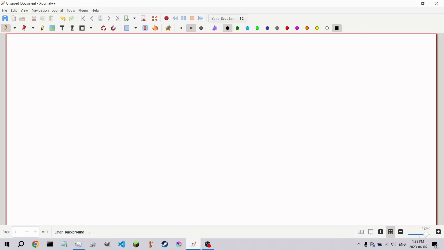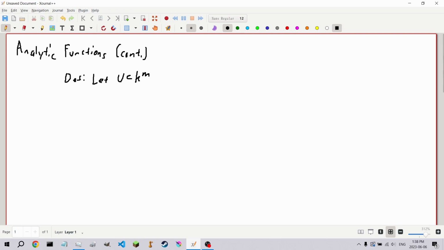Alright, so today we're continuing our discussion of analytic functions. And today we are going to be kind of generalizing this notion to vector-valued functions. And we're going to start off with a definition here, where we have an open set in our field, m-dimensional,